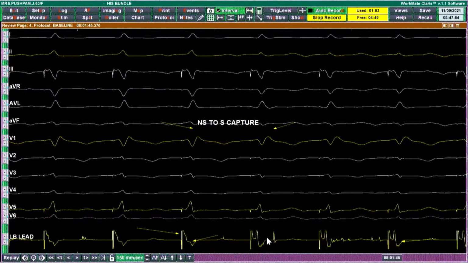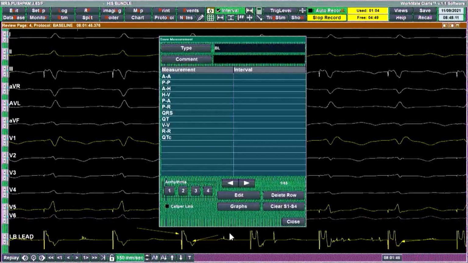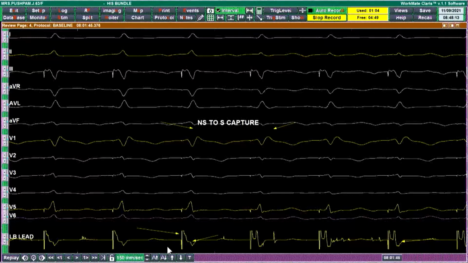You'll be able to see a pacing artifact, and there is a small isoelectric interval, probably 30 milliseconds, and then you are able to see a ventricular electrogram. That means that the impulse is going only via the left bundle, and then it reaches the Purkinje fibers, then it is activating the ventricular myocardium. As opposed to the previous beat, where there is a simultaneous activation of the LV septum and the left bundle, so both the ventricular electrogram and the pacing artifact are merged together. But in the fourth beat, the impulse is going only via the left bundle.